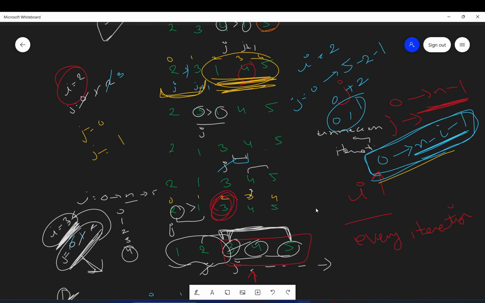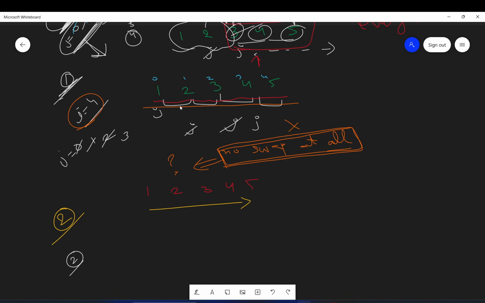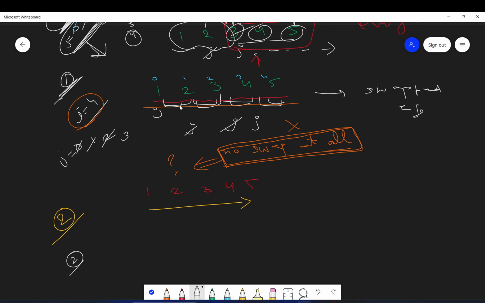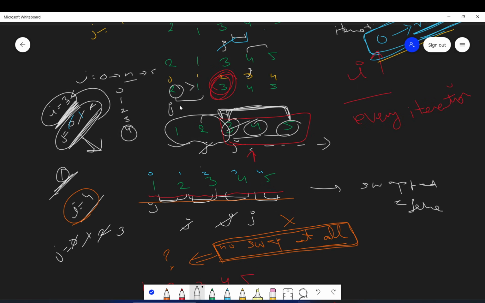And the second optimization is that if you remember, when we did i is equal to 4, no element was swapped. Everything was at the correct position, nothing was swapped. So we will have a variable swapped, initially false. If something gets swapped, like earlier when we had 2 greater than 1 and did the swap, we update swapped to true.